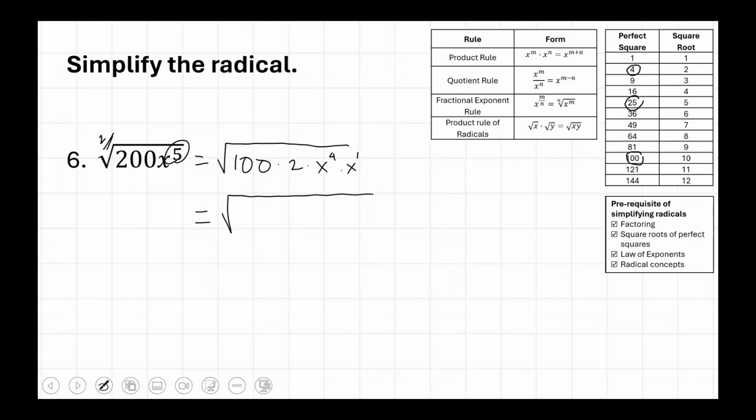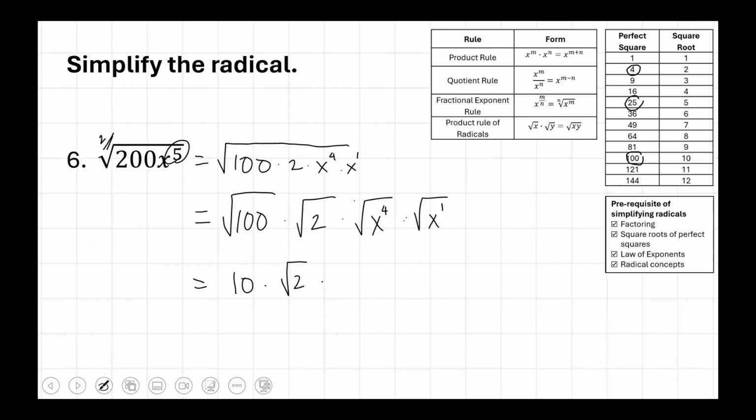Now that we have our factors, we can rewrite. Now let's simplify and combine all the radicals and the whole numbers that we have. Square root of 100 is 10. Square root of 2